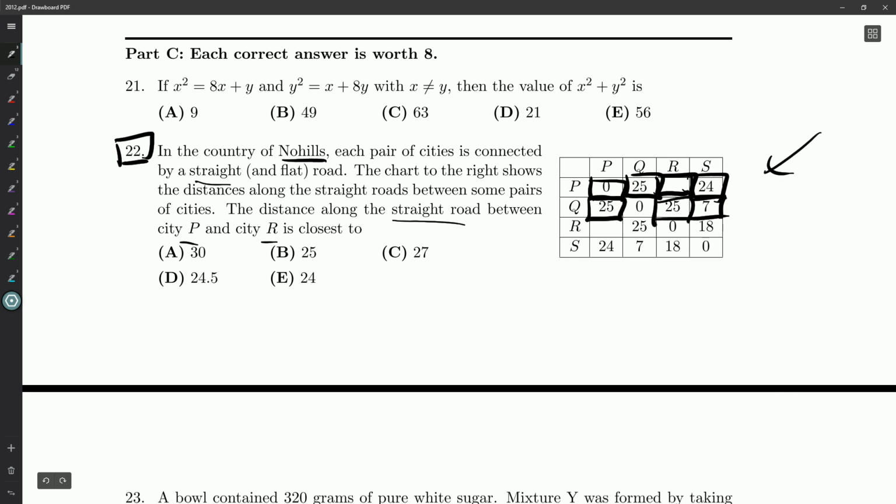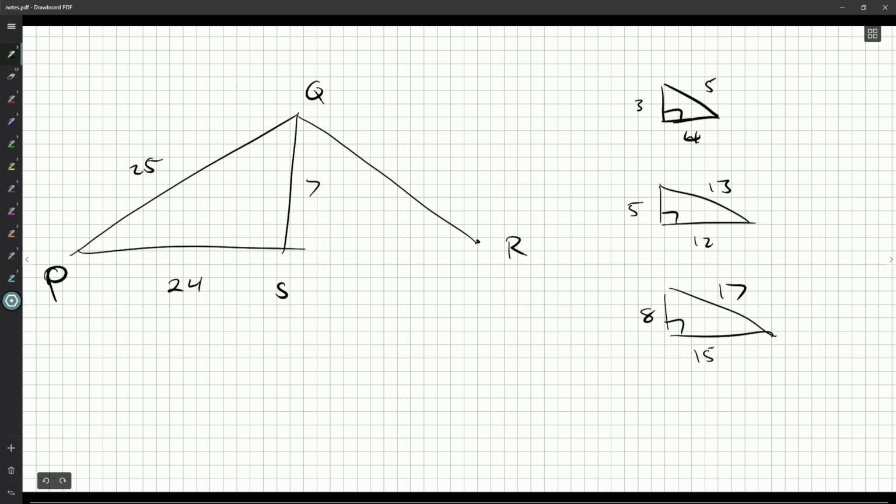Now we don't know PR. How about RS? That would be over here. That's going to be 18. Okay, that's not the 24, so it's not like we've got a mirror image here. But RS, so maybe if I put R out here,